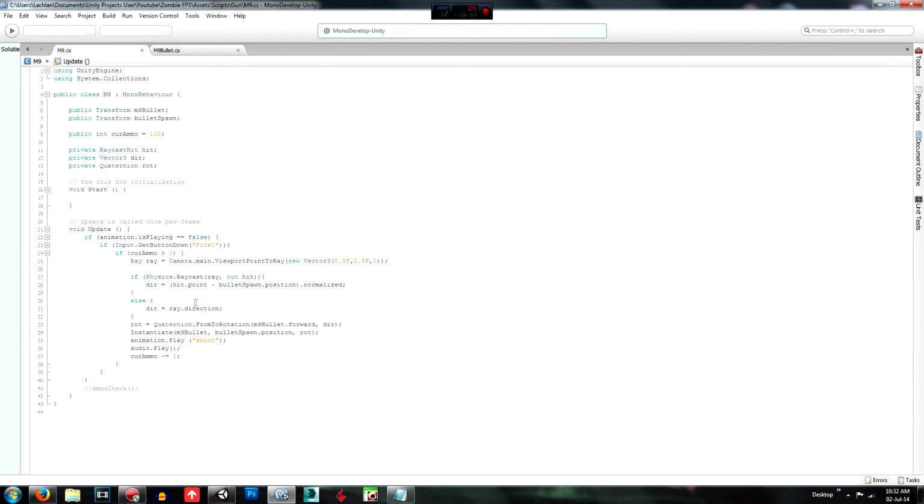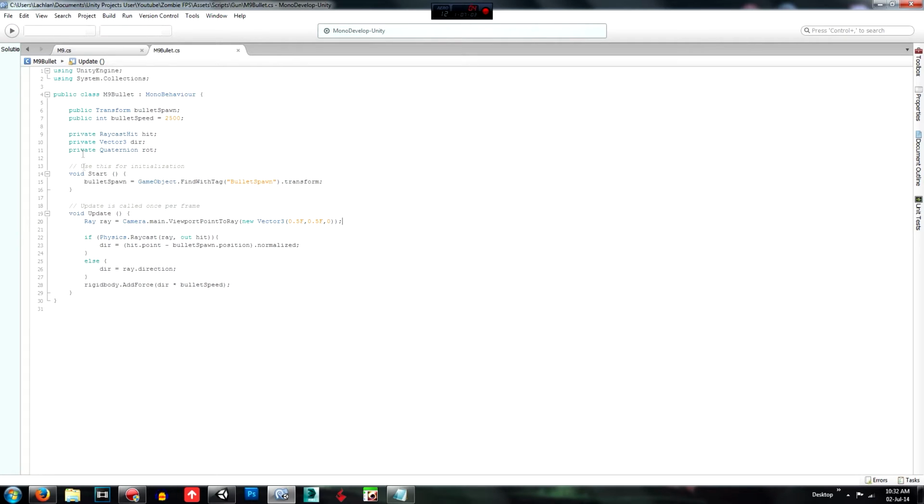So a few things that I changed were I got rid of the transform in between here. I think I had one of those before. And what the problem was is that we were just adding force to the Vector3.forward, so on the world level, just going straight forward. So what we needed to do was